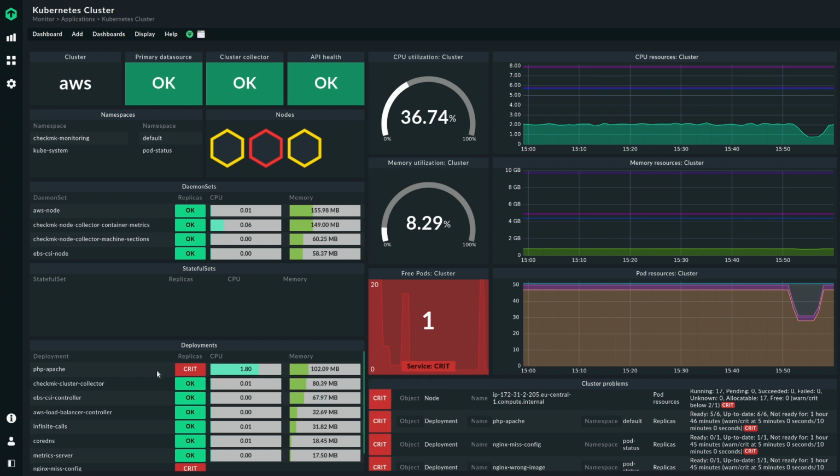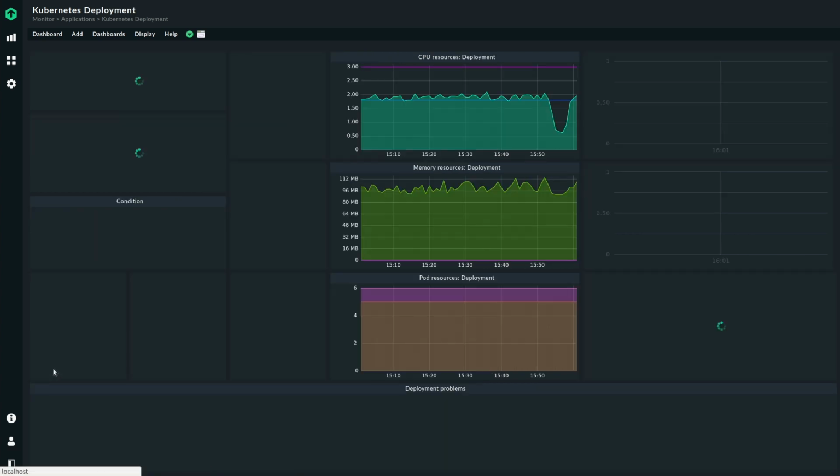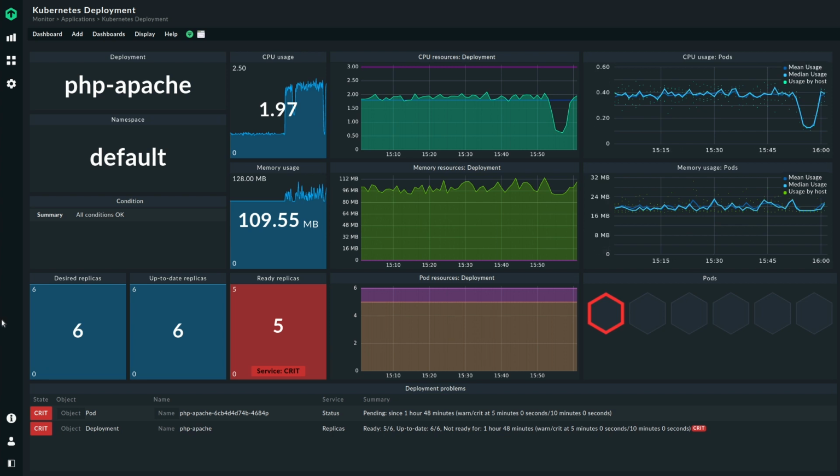We can take a look at that by clicking here on the name of the deployment, which will lead us to the dashboard for the deployment, where it is very easy to understand what's happening. So we have again some performance metrics. What is the CPU usage of that specific deployment and overall, so the sum of all the pods in it. We can also see the individual pods here to the very right. You can see, hey, there was a dip a couple of moments ago. We can see the same for the memory usage, where we don't see a dip.